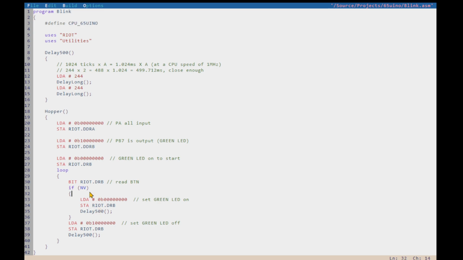You can use labels for branches in here, but I'm not a big fan of basically go-tos. I like structured programming, hence these constructs here. But if you do use labels, they're limited to being used in the same method, so you can't jump from one method to another, which is the main piece of the spaghettiness we're trying to avoid. Loop simply is a jump statement from the last bracket to the beginning,